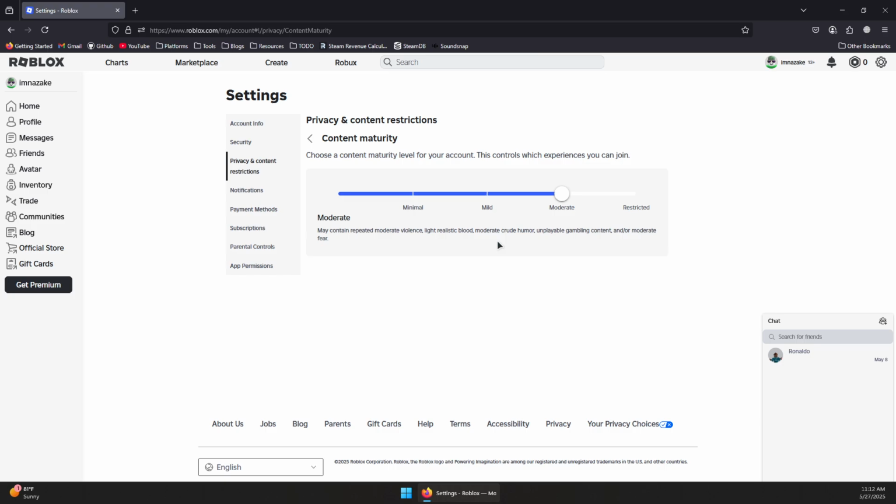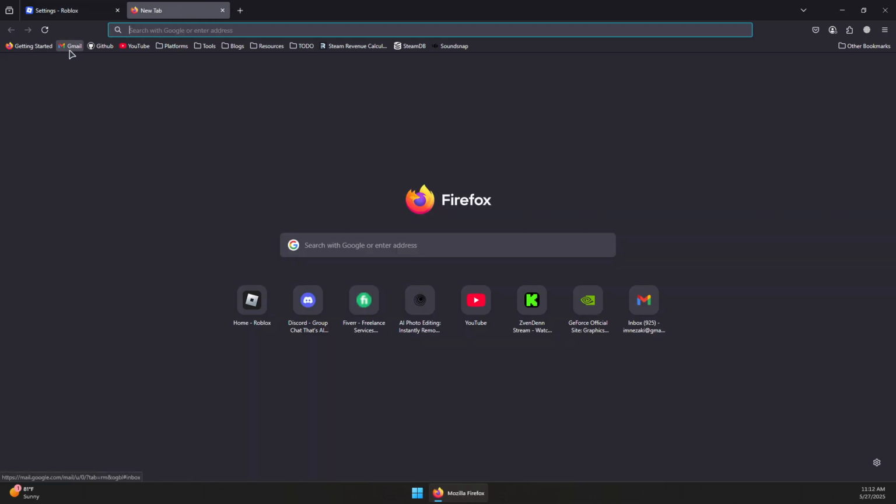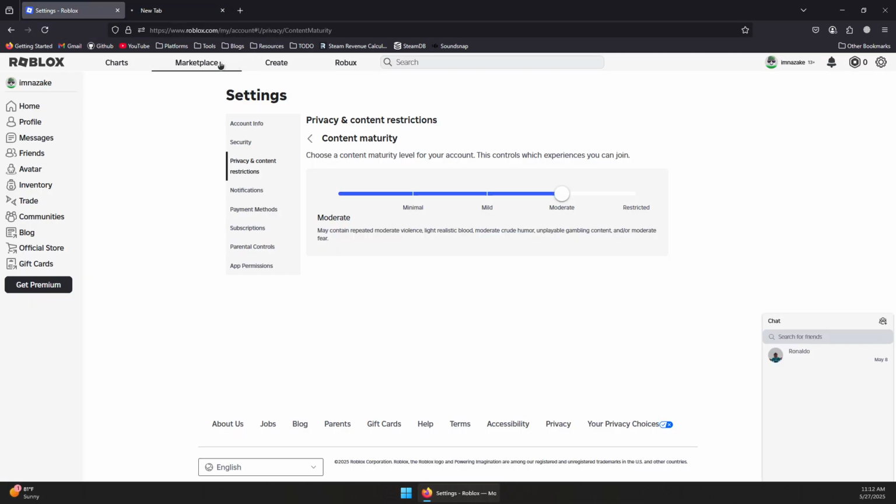Now if you see a button called Ask My Parent in here, maybe your account is managed by your parents or your guardian. So you will need to click on Ask My Parent to approve this change. And then your parent should receive an email with the review button on it. So you should click on the review button to see what changes are being asked, or what changes you have asked